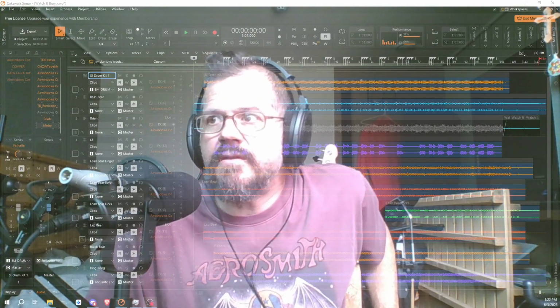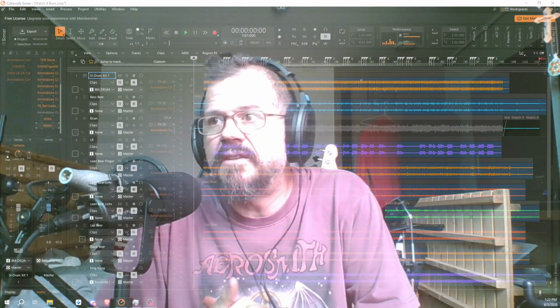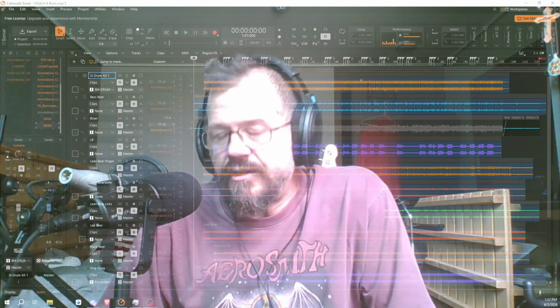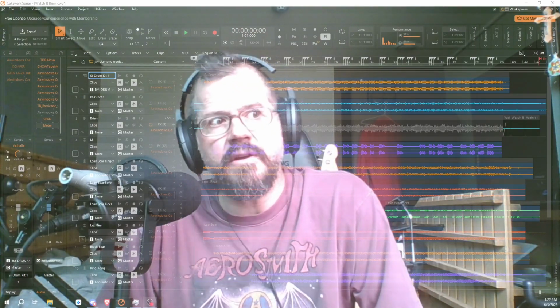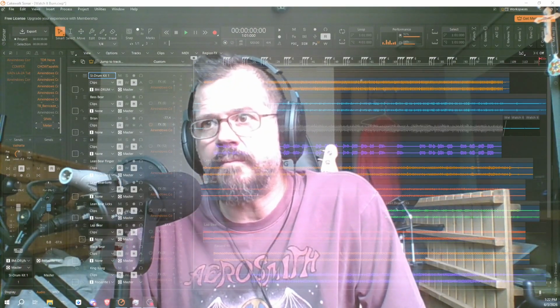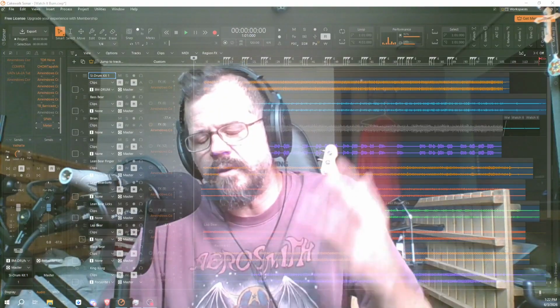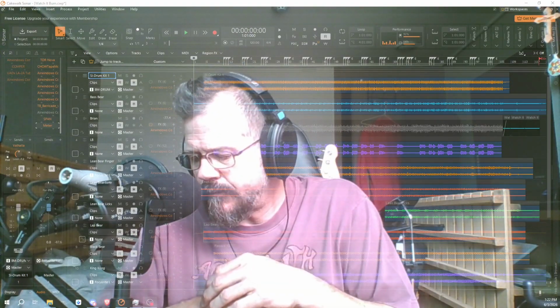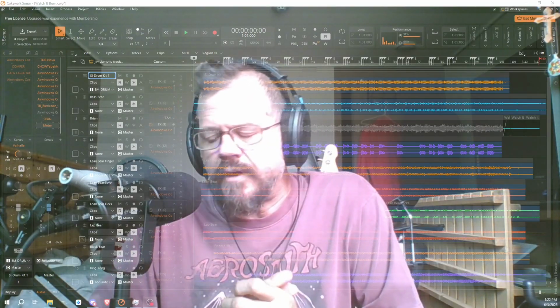And different desks have different kinds of components, and they were specifically designed to saturate in distinct and recognizable ways, such that some people prefer a Neve desk, some people prefer, okay, there are three big ones: Neve, API and SSL? I forget. Anyway,